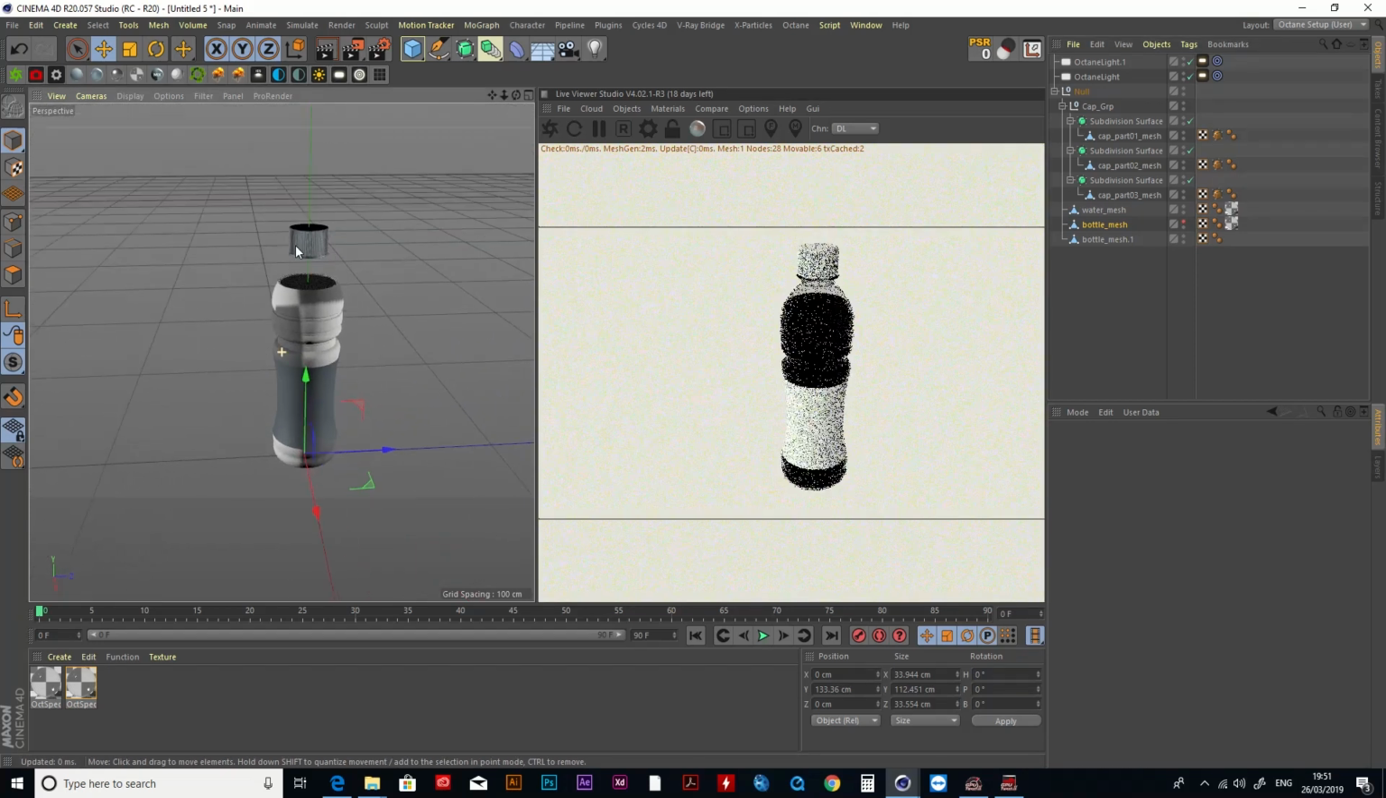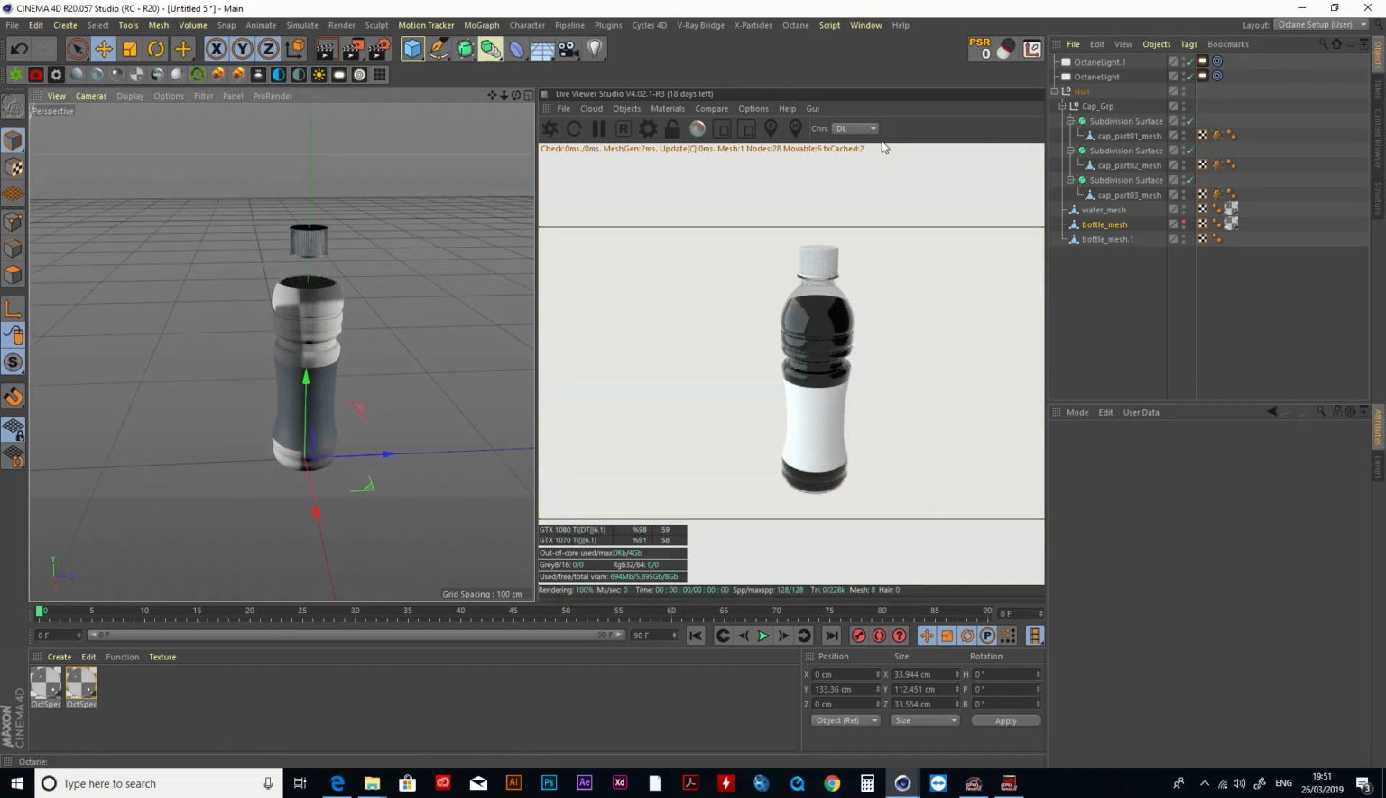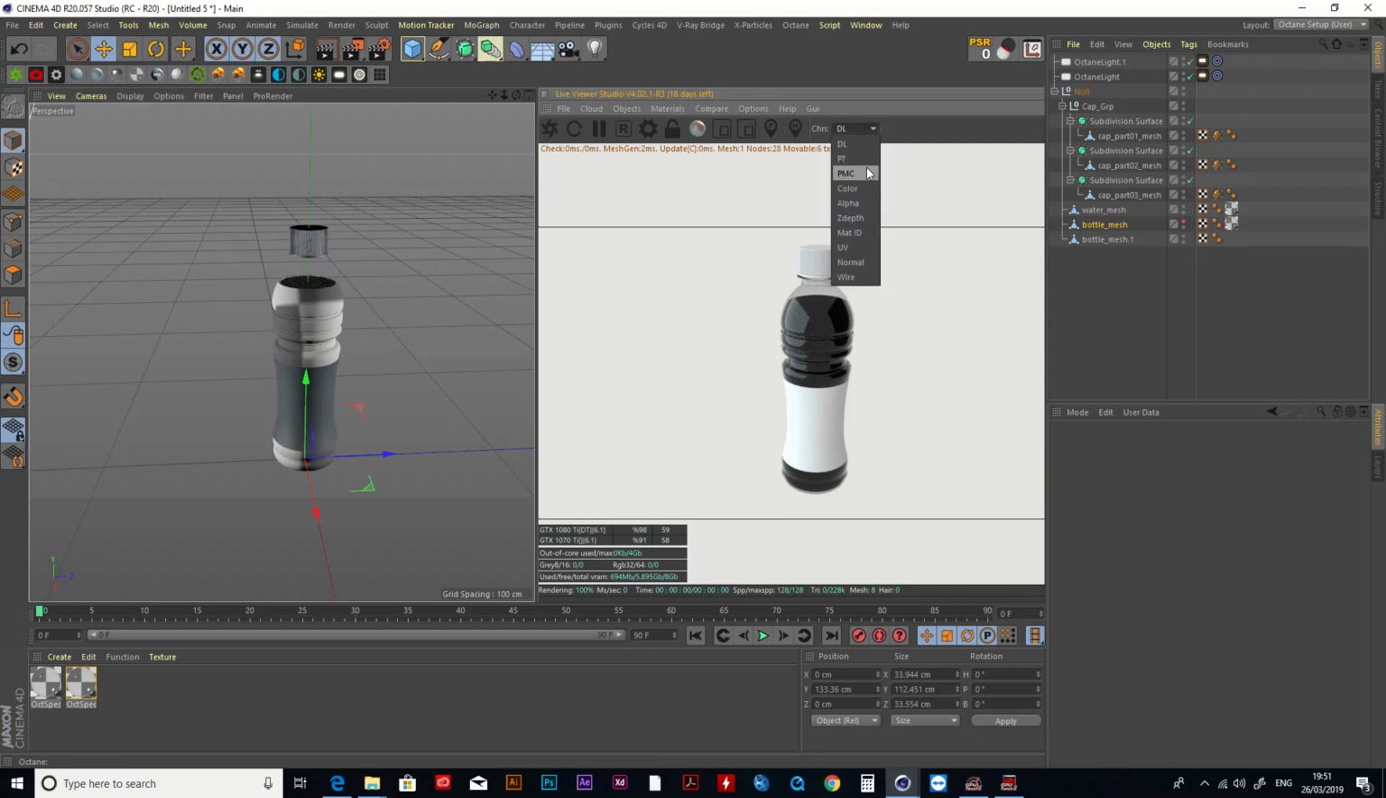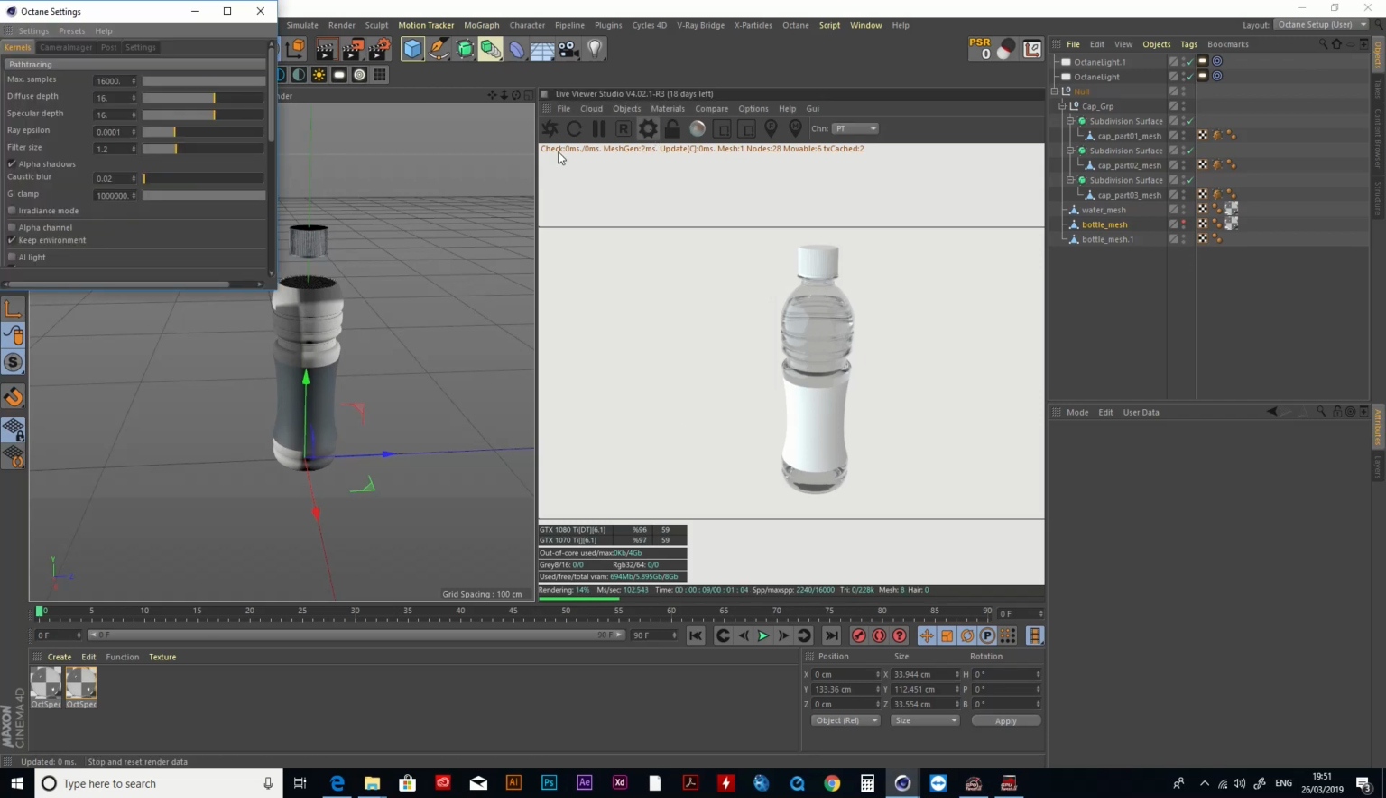Two things that we need to change here. First of all, we need to change the way that Octane calculates the image. Right now it's in direct lighting, and we need to put it on path tracing. It's a more accurate way of processing. If you open the Octane setting, you can see the number of samples right now is too high. For preview, I think something around 150 to 200 is